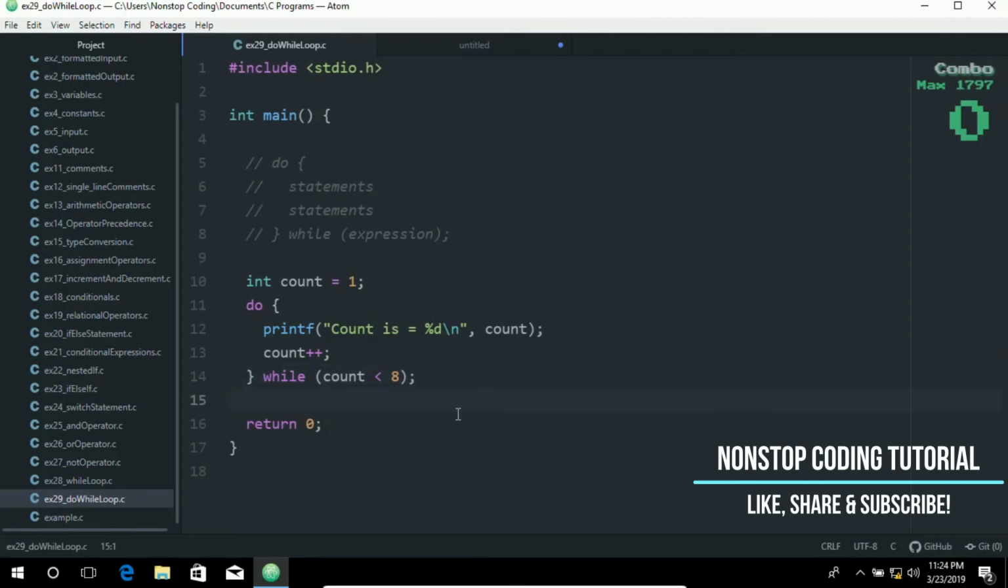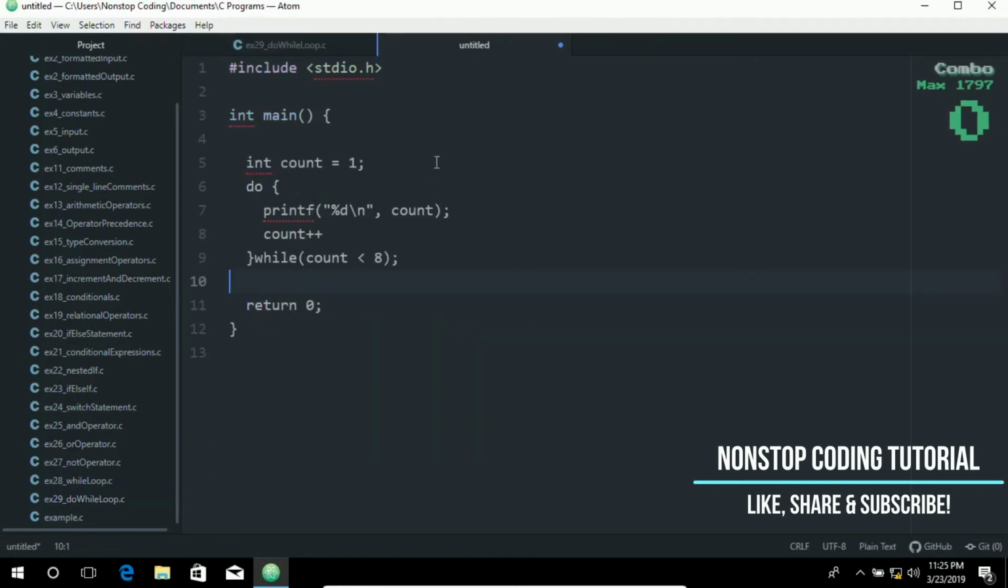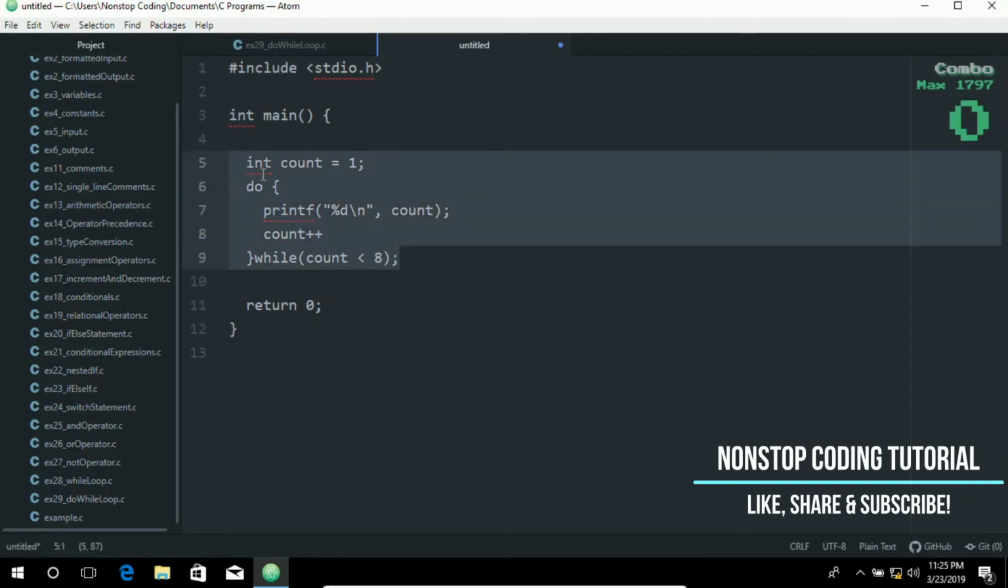So that's it. And before we wrap up, let's test your knowledge. I have a little exercise for you on this tab. I want you to answer this: how many numbers will the following code output? Try to run this and let me know